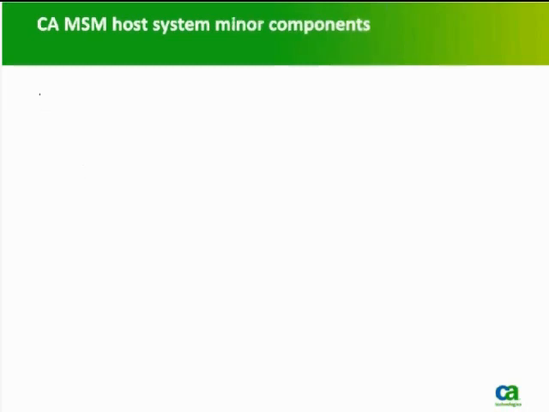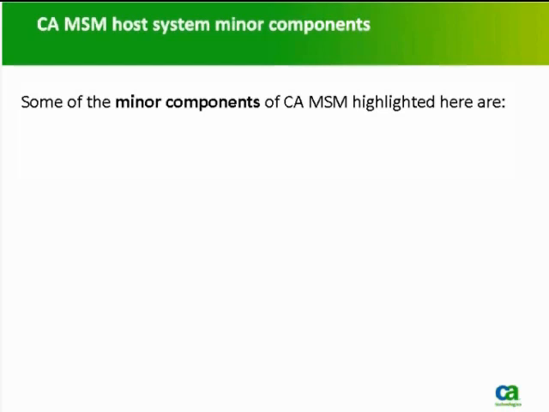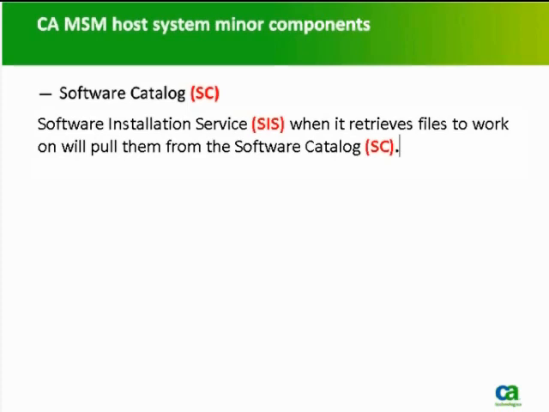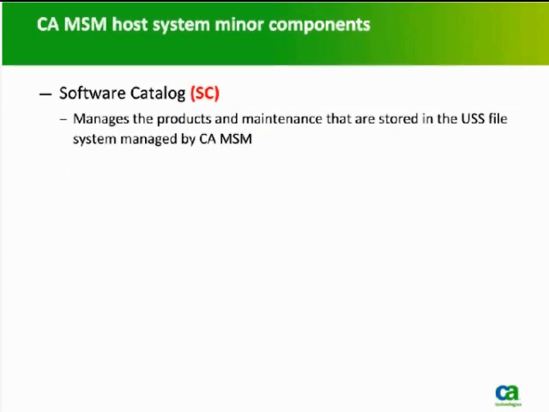product. Some of the minor components of CA MSM highlighted here are Software Catalog. Product Acquisition Service, when it downloads files, stores them in the Software Catalog. Software Installation Service, when it retrieves files to work on, will pull them from the Software Catalog. But the Software Catalog functionality manages the products and maintenance that are stored in a USS file system structure managed